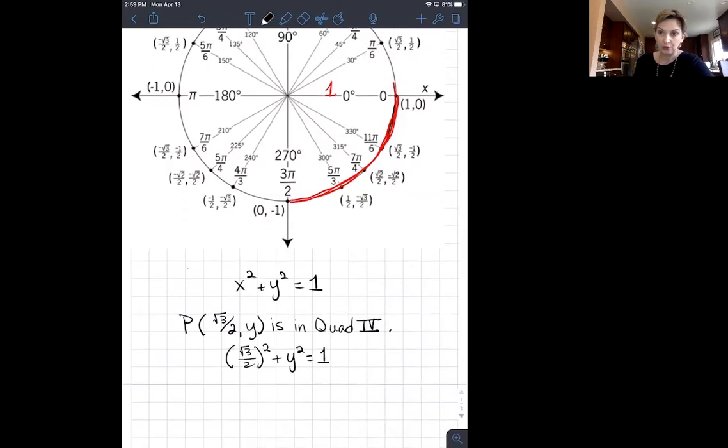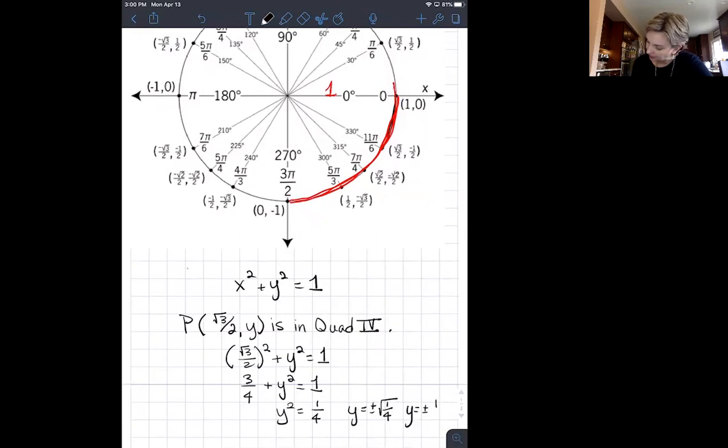If I square the square root of 3 over 2, I get 3 over 4 plus y squared equals 1. Subtract 3/4 from each side, and you get y squared equals 1/4. Square root both sides, and y would be plus or minus the square root of 1/4,